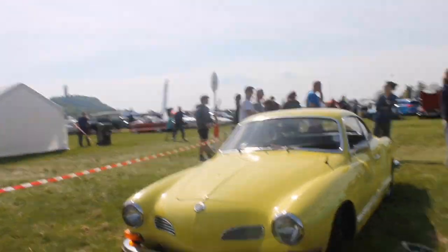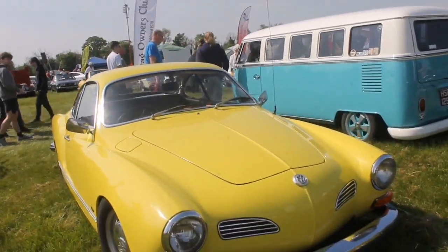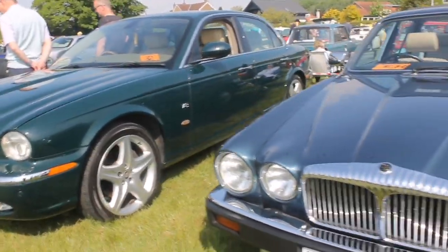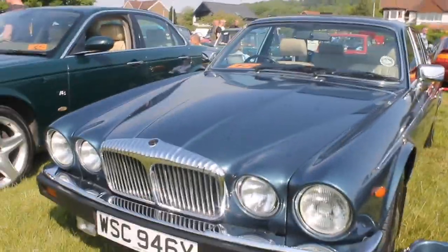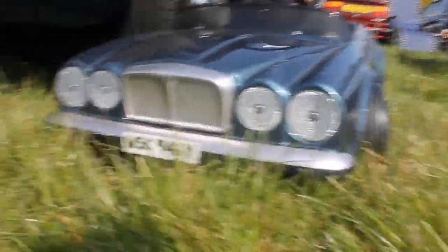This magnificent thing, the Volkswagen Karmann Ghia. Very old and rare Volkswagen, you don't see these anymore. The money from that goes to charity, so please support that if you can. £100 and all the money will go to charity. Over the years we've been holding the show, we've been able to...